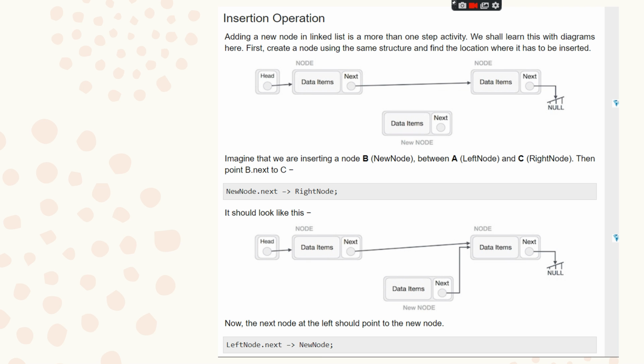So imagine the diagram now. Imagine that we are inserting a new node, node B. This is the new node, we'll name it node B, and we have to place this node between A and C, the left node and the right node.